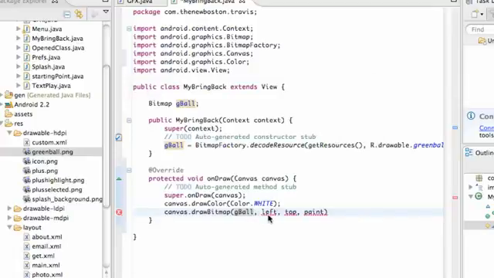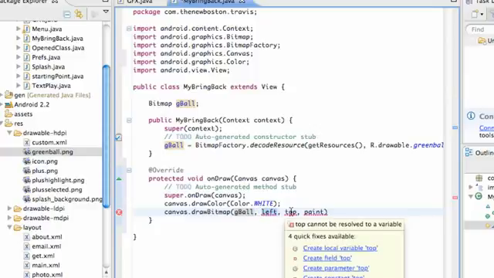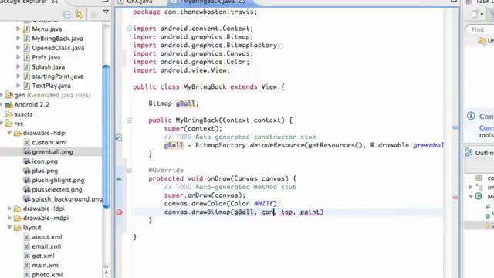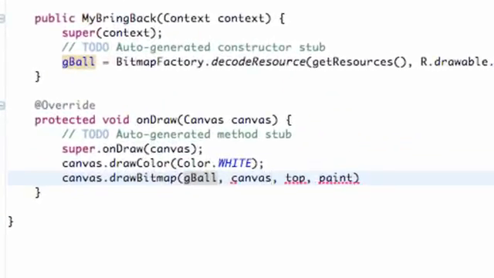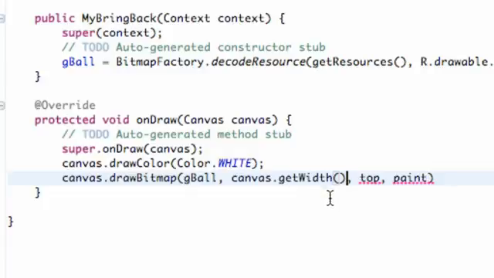around that. But first, this is the width, so we want it in the center. So what we can do is grab the canvas size, because again the canvas takes up the whole width, and we can hit dot, and then say getWidth right here, and that's going to return the value of the pixels of the whole width that's available to us. So let's put that whole thing in parentheses,